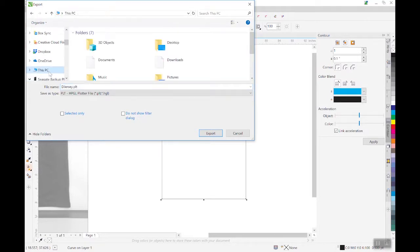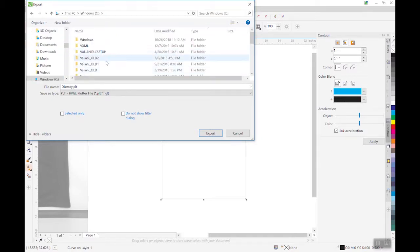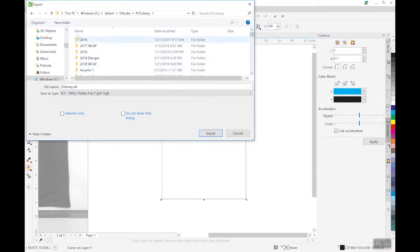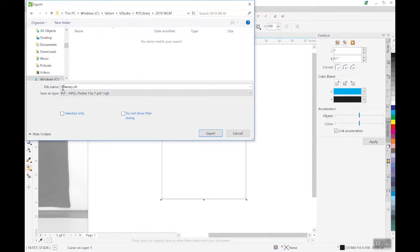So this PC, C drive, Valiani, VStudio, PLT library, and we're going to go new folder, 2019, and I'm saving it as a plotter file, HPGL plotter file. I'm going to click export,